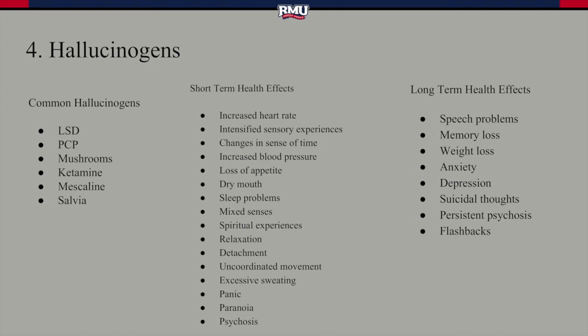Some hallucinogens interfere with the glutamate of the brain, which regulates pain perception, responses to the environment, emotion, learning, and memory. Short-term effects of using hallucinogens include increased heart rate, nausea, intensified feelings and sensory experiences, changes in sense of time, increased blood pressure, increased breathing rate, increased body temperature, loss of appetite, dry mouth, sleep problems, mixed senses such as hearing colors or seeing sounds, spiritual experiences, feelings of relaxation, detachment from self or environment, uncoordinated movements, excessive sweating,